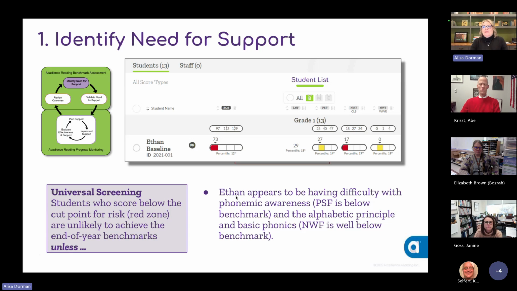Universal screening was a practice in this school, and we found this student to be one that we went through step 1, and we determined that they were a candidate to be in the area of need for support. And so we wanted to look at them and say, okay, what areas do they need support in? Well, at the beginning of first grade, we identified 2 key measures, PSF for phonemic awareness, NWF-CLS for early alphabetic knowledge, so the alphabetic principle, mapping grapheme to phoneme, the correct letter sounds. And we found that the student was at risk in both of those areas. So we were thinking that the student needs to be put into an intervention or support plan.